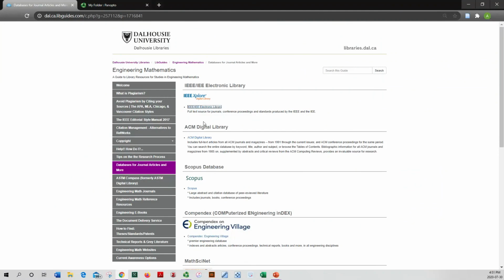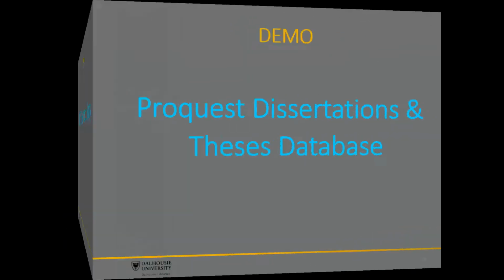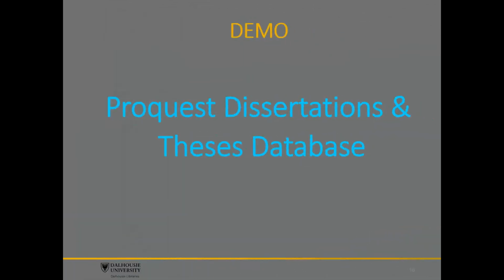What are we doing next? IEEE we've done. Now we are moving on to a database that is not restrictive as to subject, as Compendex was in being specific to engineering. ProQuest Dissertations and Theses is a database that is restricted as to format because it only includes master's theses and PhD dissertations. We access this